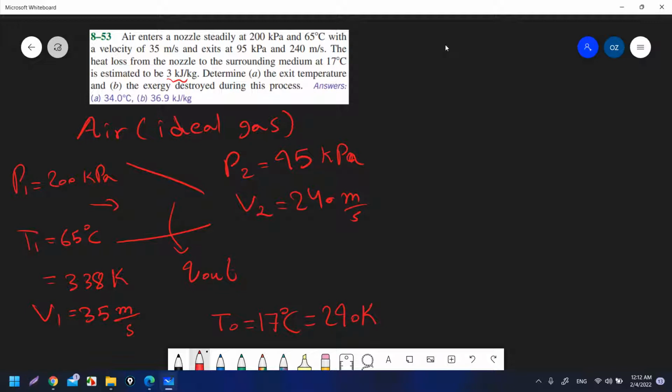Okay, find the exit temperature T2 and the exergy destroyed. The question is per unit mass, Q out is per unit mass, so the question will continue as per unit mass. X destroyed is equal to 0 unless something is mentioned about rate or anything. So X destroyed per unit mass, so in kilojoule per kilogram. Okay,